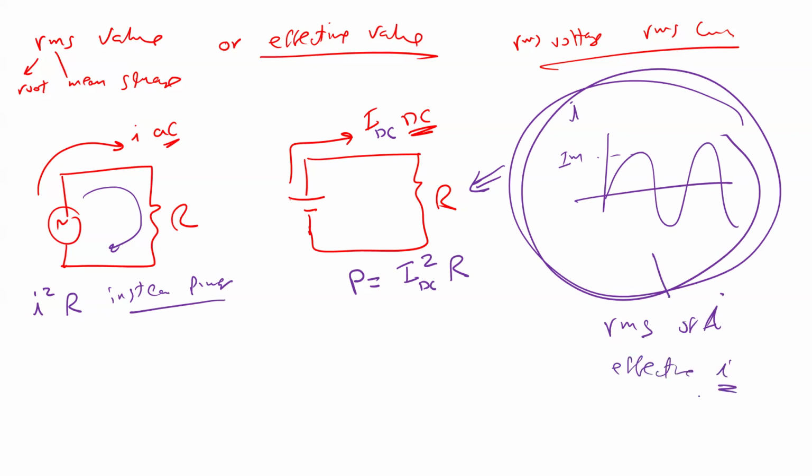What does this mean? When you have a sinusoidal signal like this one and I want to calculate its RMS value, you already know the peak value, the maximum value. But there is something else I can calculate: the RMS value of I. By the way, I can do the same thing for voltage. It is also what we call the effective value. What does it mean? Simply it means